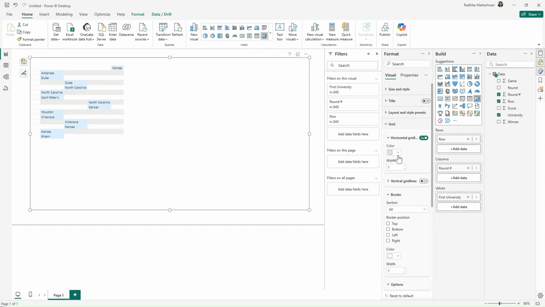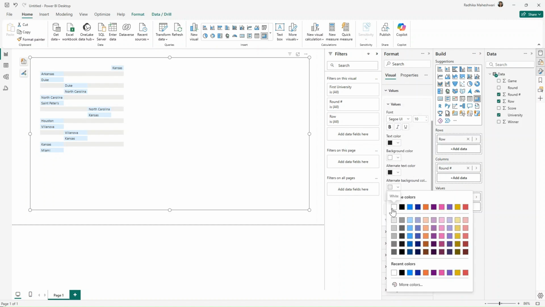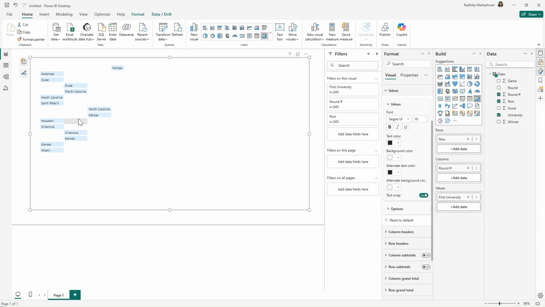So let's turn on the grid lines. I'm changing it to a white color and let's change it to a 5 pixels width. Now going into values, we can change the alternate color background to a white color so that we don't have this banded rows.